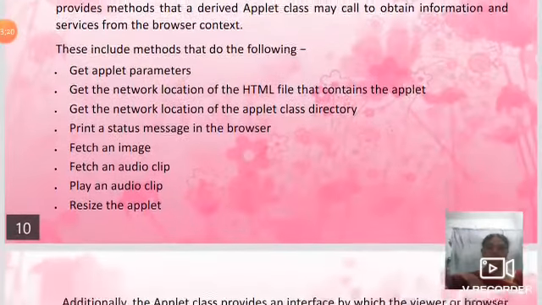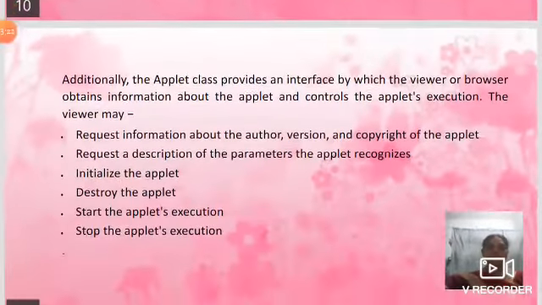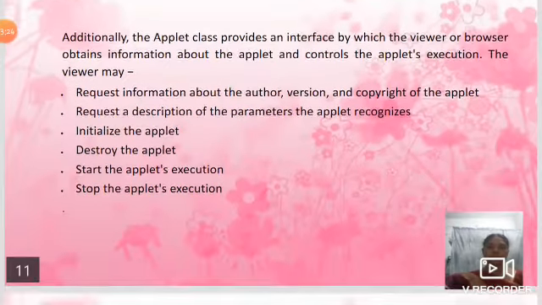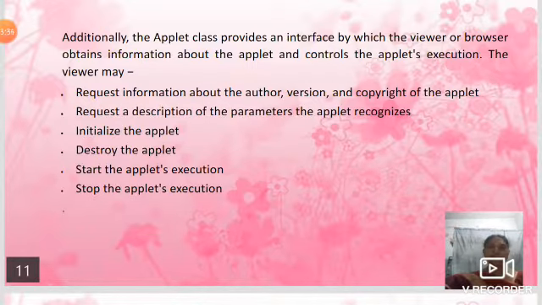We can also request additional information like the author, version, and copyright of the applet, request a description of the parameters, and we can initialize the applet, destroy the applet, as well as start and stop the execution of the